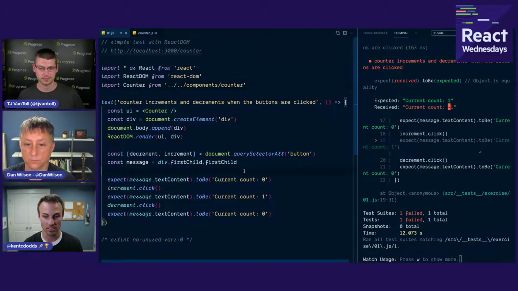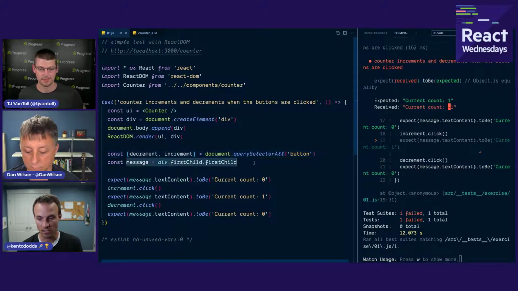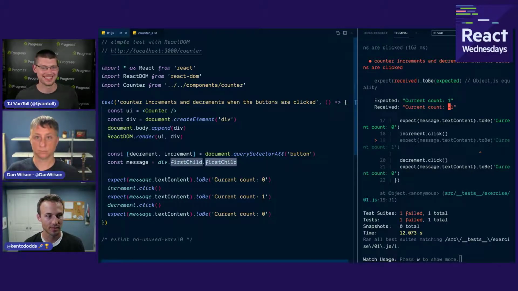And so, yeah, that's one thing that we would actually call an implementation detail. We're just relying on the fact that increment comes second and decrement's first. Another thing is the fact that the message is the first child of the containing div. What could go wrong? Yeah, there are several problems with this,